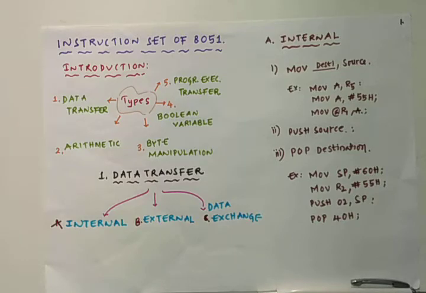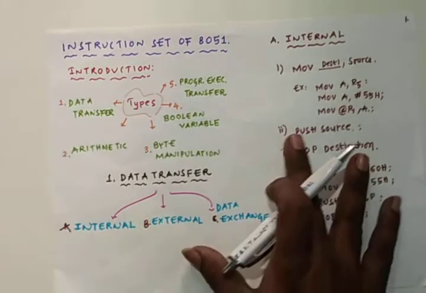The 8051 has a total of 111 instructions, and these can be divided into 5 categories. Here you have to note that 8051 is a programmable integrated circuit. It makes use of the 42 mnemonics and the 111 instructions to program it. So the total instruction set of 8051 can be divided into 5 types.